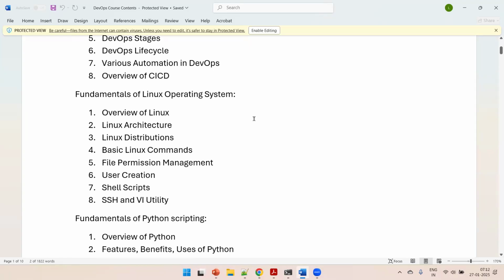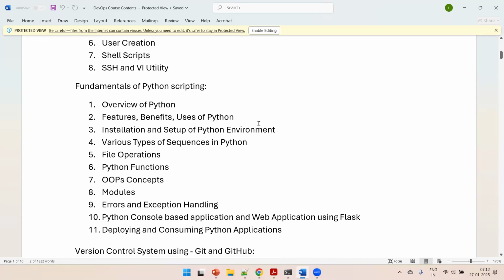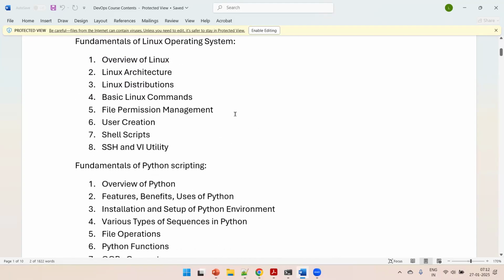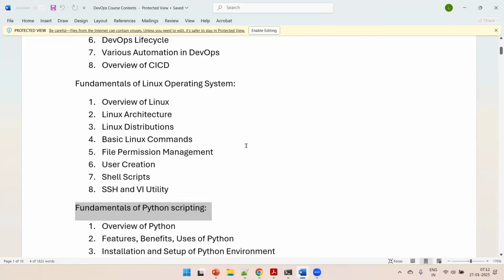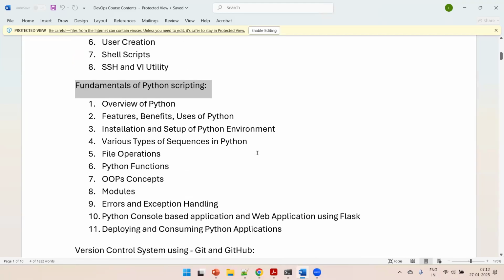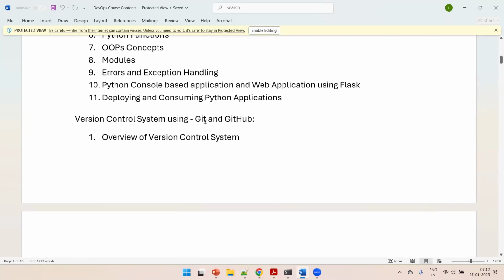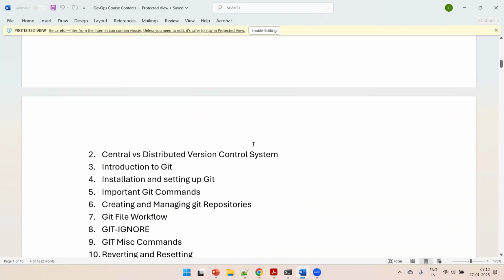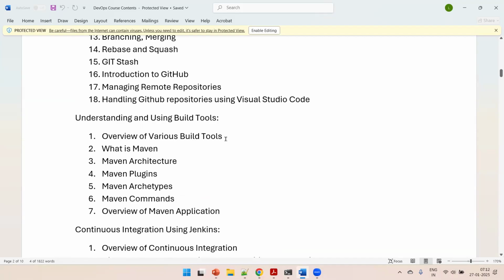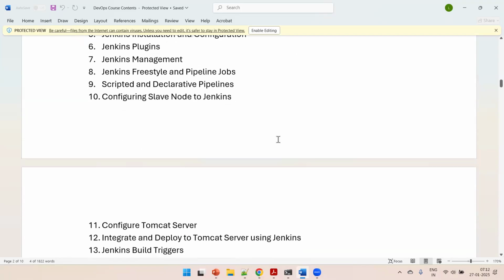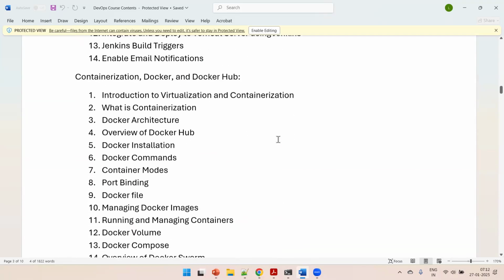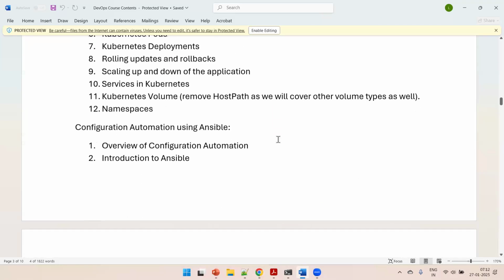And then we'll be getting into the fundamentals of Python scripting. The intention here is to strengthen your operating system as well as your scripting language skills before we actually move into the DevOps modules. That's why we have added these two modules at the very initial stage. All right. And then we'll be getting into the core DevOps modules. We'll be learning about Git and GitHub and its features, and about the build tools that help to automate application builds and deployments. We'll be learning about Jenkins, containerization using Docker, and then Kubernetes, Ansible,